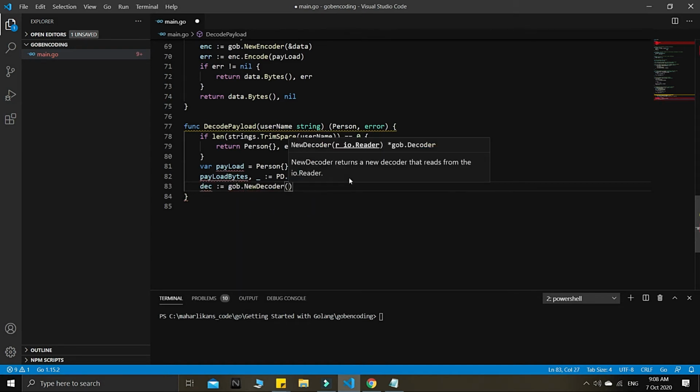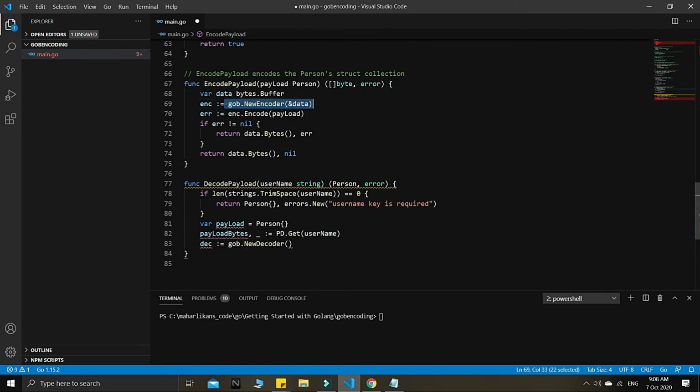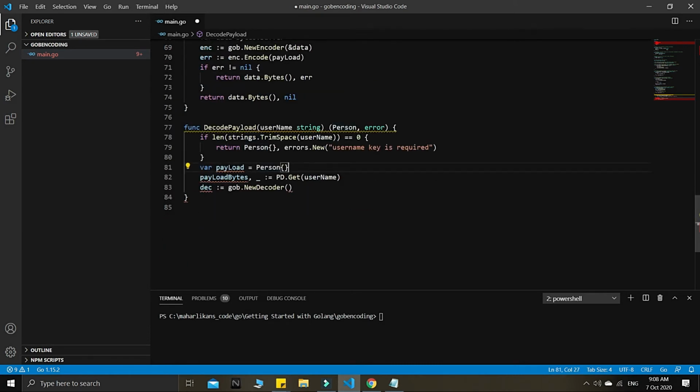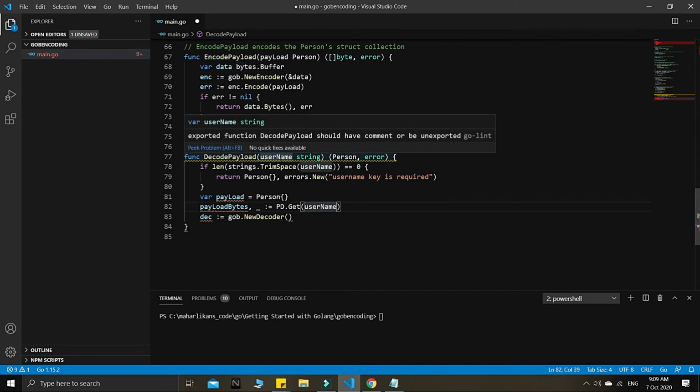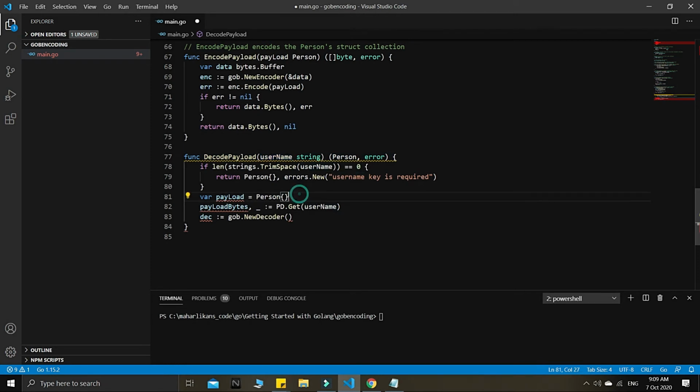Now we need to decode. Early on we have this new encoder here, because we want to encode this person struct. Then after this we need to decode back or extract the data again, whatever it encoded here, into these bytes, guys. So right now we need to use the username as our key, and then we use this